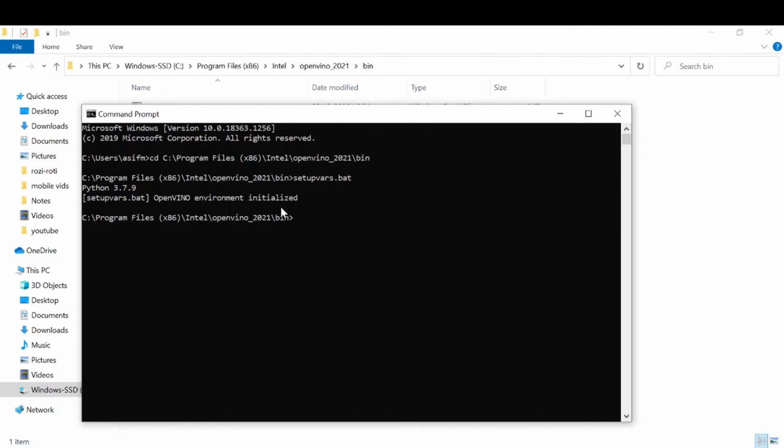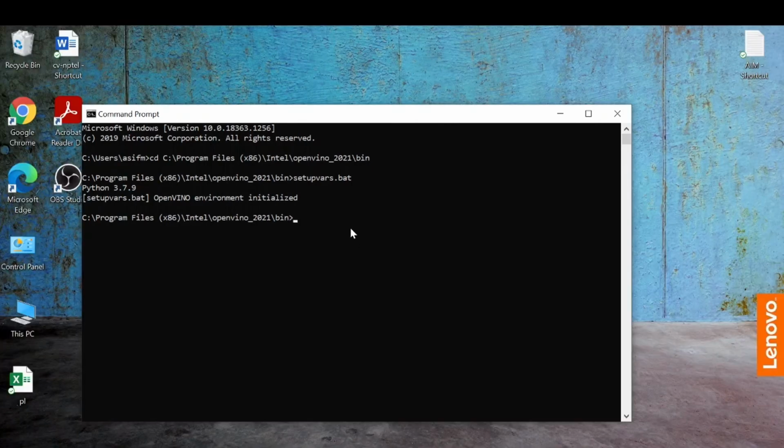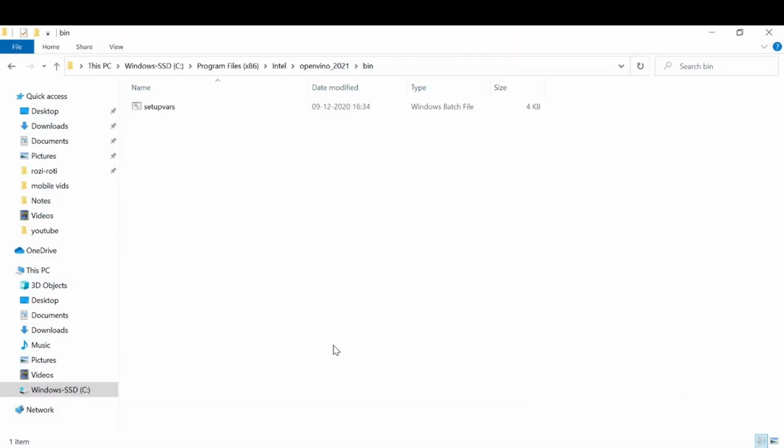It is like importing a library. For example, if you are using the NumPy library but you have not imported it, Python won't be able to use the functions of NumPy. Hence we have run this command so that Python can use the functions of OpenVINO Toolkit. Okay, so now our next step is to configure the model optimizer. Model optimizer is nothing but a component which helps us to convert our pre-trained models into an intermediate representation, which helps us to do inference.